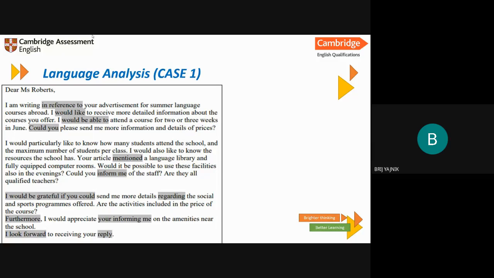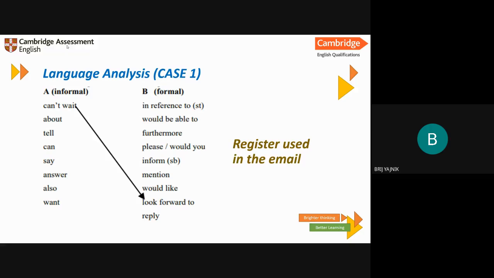Right. Now, the major idea was also that there are a few words in gray. These words in gray are actually your keywords. They are the register you need in writing an email. Registers are suitable words. Now look at words like in reference to. Let's do a very quick exercise here. Can't wait is look forward to. What do you think? Which word can match with the word about here in this picture? Can someone tell me? Quickly, fast. Let's go quickly.